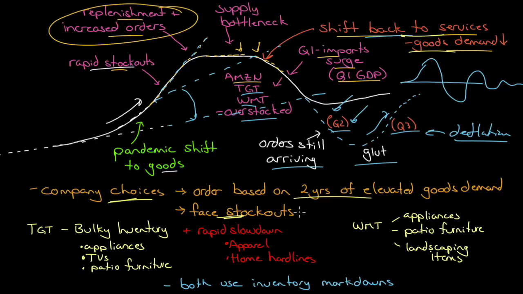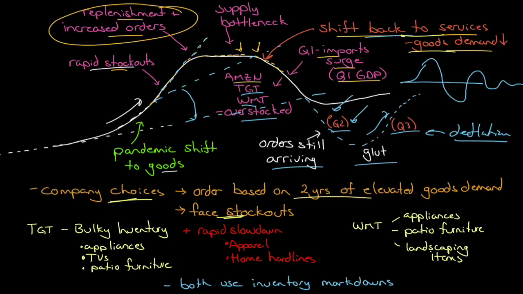Are we going to remove all the COVID restrictions? If we are, we shouldn't order this. But what if they don't do that? Then we're going to have stockouts. And if we have stockouts, we're going to underperform our peers. We're not going to be able to have anything to sell. Well, then it's better to order and have to liquidate our inventory than to not have anything to sell. There really wasn't a good choice here. You're between a rock and a hard place, right?